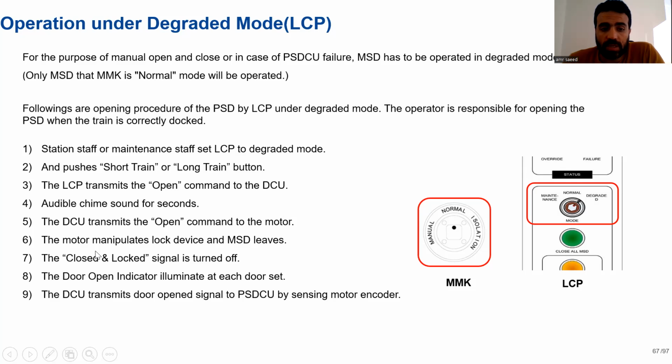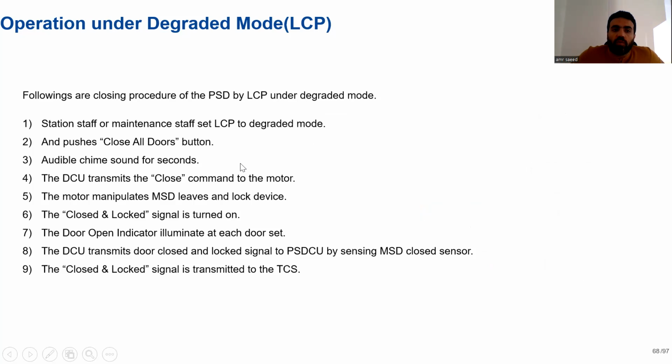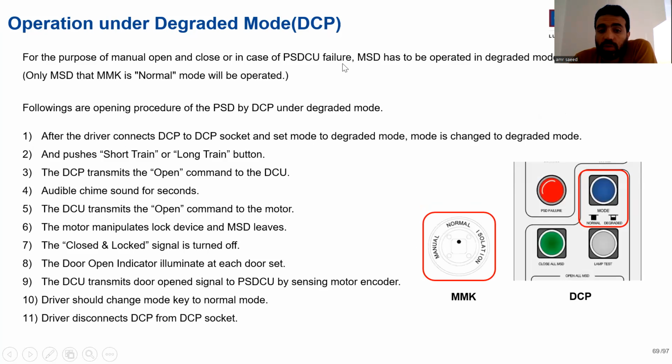After opening and closing, everything is okay. You will find the closed locked signal is turned off. Here also for LCB, the same procedure to close the doors. For DCB, same procedures, same methodology, blocking the cable to DCB and selecting the mode of degraded mode,